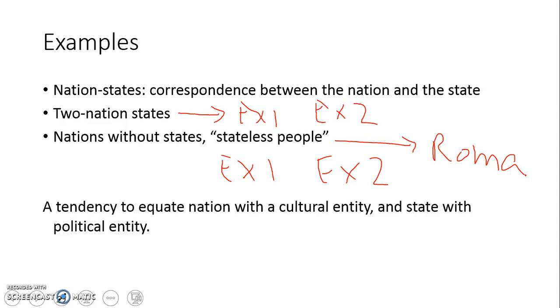This is also the way I mentioned the Navajo earlier. So the Navajo are not necessarily stateless anymore, but in an earlier part of the United States history, the Navajo and other Native American nations were not recognized. They did not have the de jure legitimacy that they have now, and they did not have the de facto legitimacy because